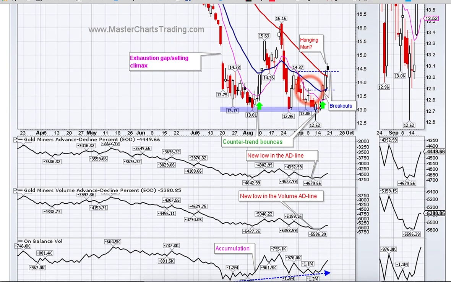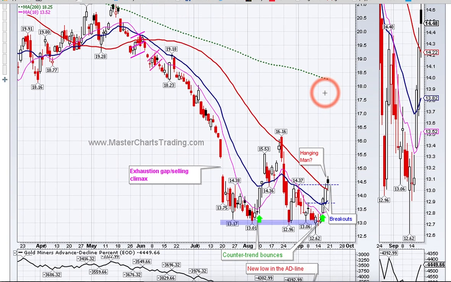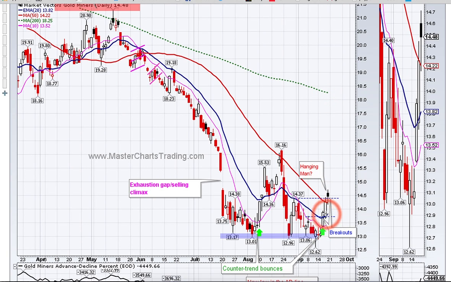Now we broke out of a couple of resistance levels, first a minor resistance level here, but also we were able to close above this blue line, which is a 20-day exponential moving average. So this is an important sign for a bearish security. It was able to close above the 20. Then it wasn't able to close here, but on Friday it was actually able to close above the 50-day moving average, this red line. And you notice this hasn't happened since June. This was the last time GDX was above the 50-day moving average.